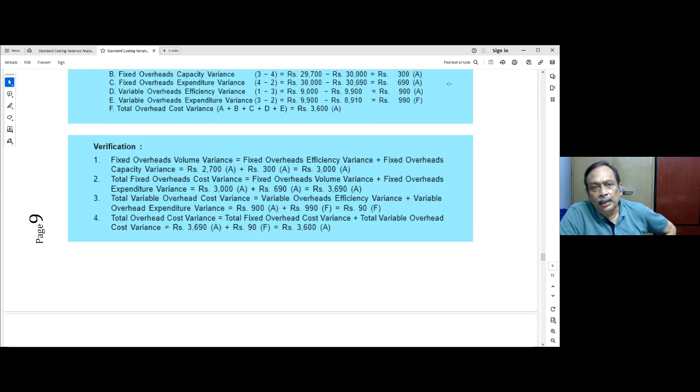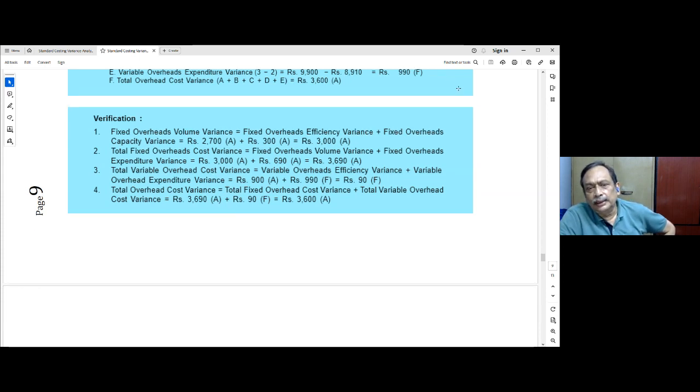Now, in the verification, we have fixed overhead volume, which is nothing but fixed overhead efficiency plus fixed overhead capacity. That is 3,000 adverse. Total fixed overhead cost is fixed overhead volume variance plus fixed overhead expenditure variance. Then total variable overhead cost variance is equal to variable overhead efficiency variance plus variable overhead expenditure variance. Total overhead cost variance is equal to total